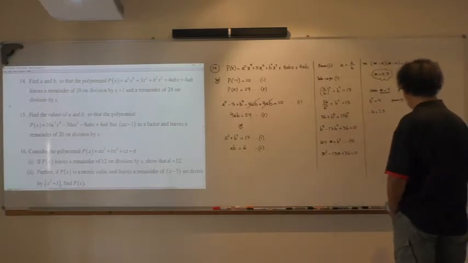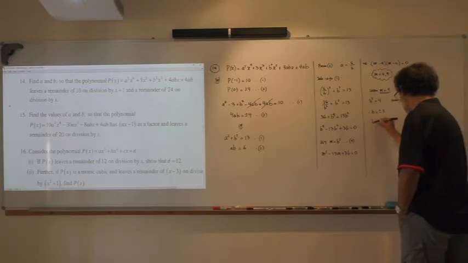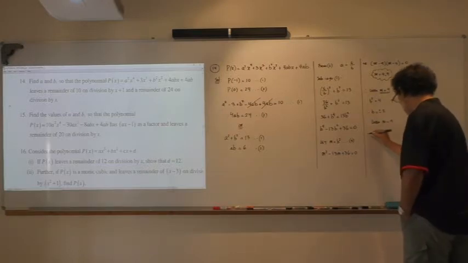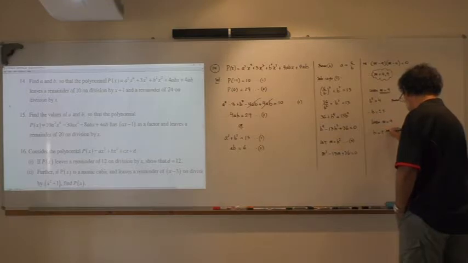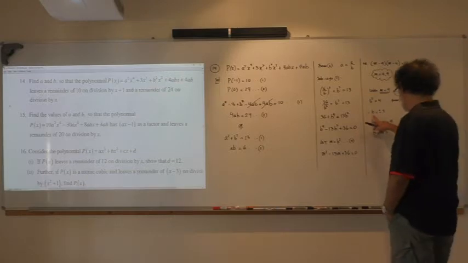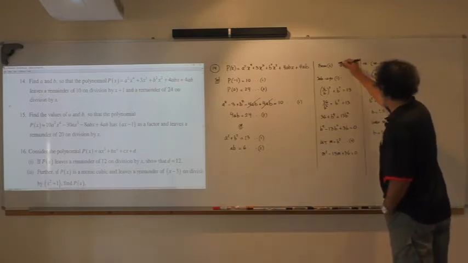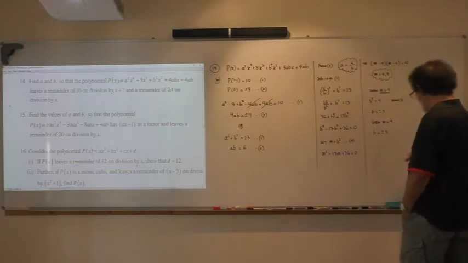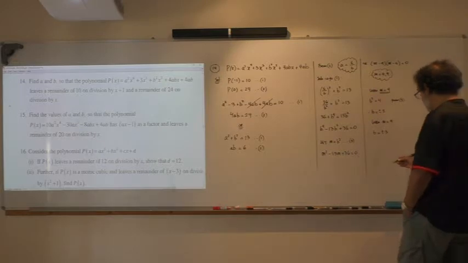All right. And then when m is equal to 9, from the same equation, we're going to have that b is equal to plus or minus 3. Okay, and then we're going to come back to here. Because we say that a is equal to 6 over b, and then we're going to say